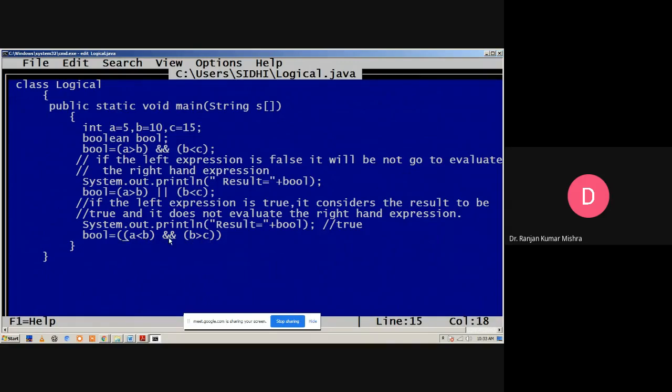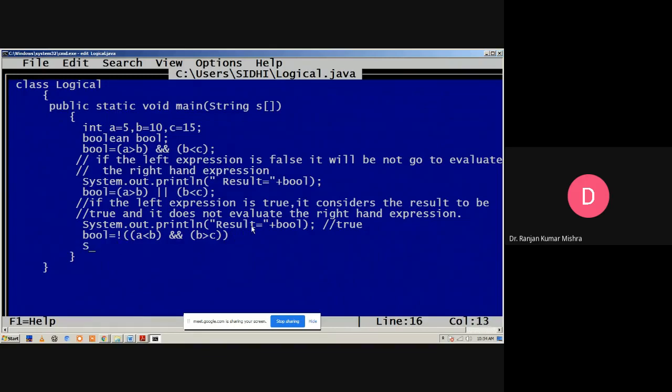True and false, in the case of the logical AND, will produce false. But when we use the logical NOT operator, it reverses its output. That means the output of this complete expression is false, and when we add the logical NOT operator before that expression, it reverses its output. That means it will produce true.